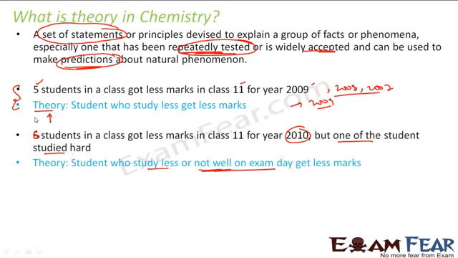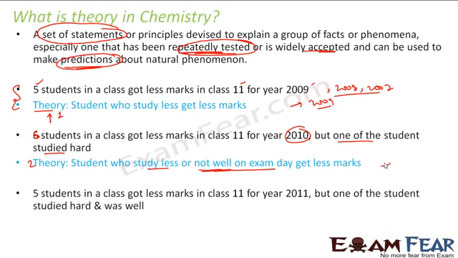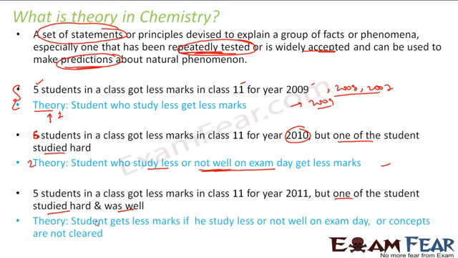So they changed the theory. This was theory 1, this became theory 2, right? The theory got improvised. Again, the same thing happened in, let's suppose, 2011, the next year. Let's suppose again some 5 students got less marks. But here they saw that 1 student studied hard and he was well also, but still he got less marks. So again the teachers did the investigations and they studied and found that